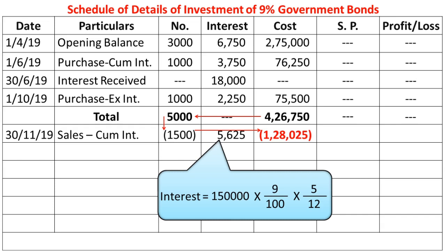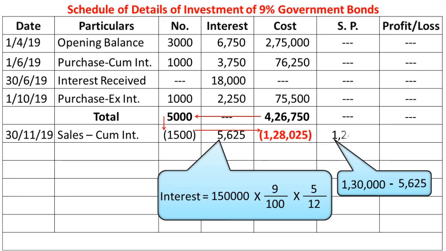The same transaction, we need to record the selling price. The selling price given in the problem is 1,30,000, but it is cum interest price. So from this price we need to deduct the amount of accrued interest, which is 5,625. Then the actual selling price will be 1,24,375. So here we have got the selling price 1,24,375. Cost is 1,28,025. The cost is more as compared to selling price. So we are suffering loss in this particular transaction,